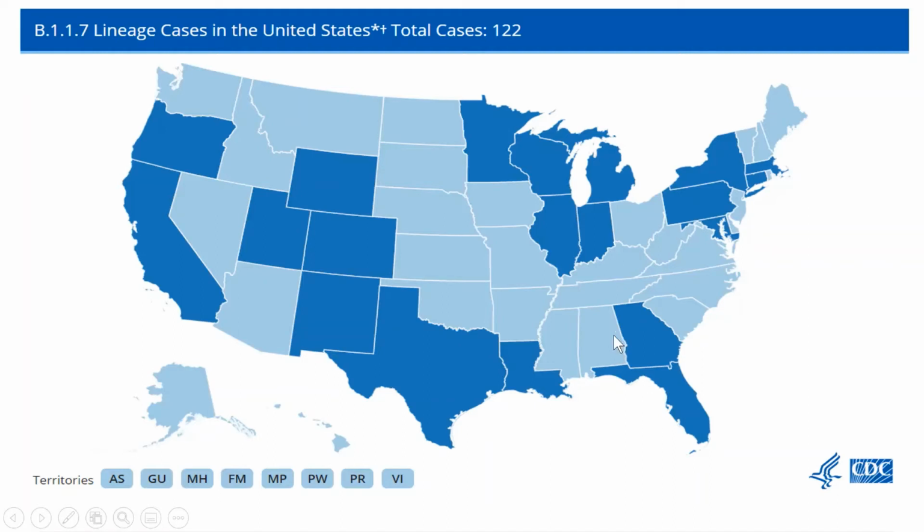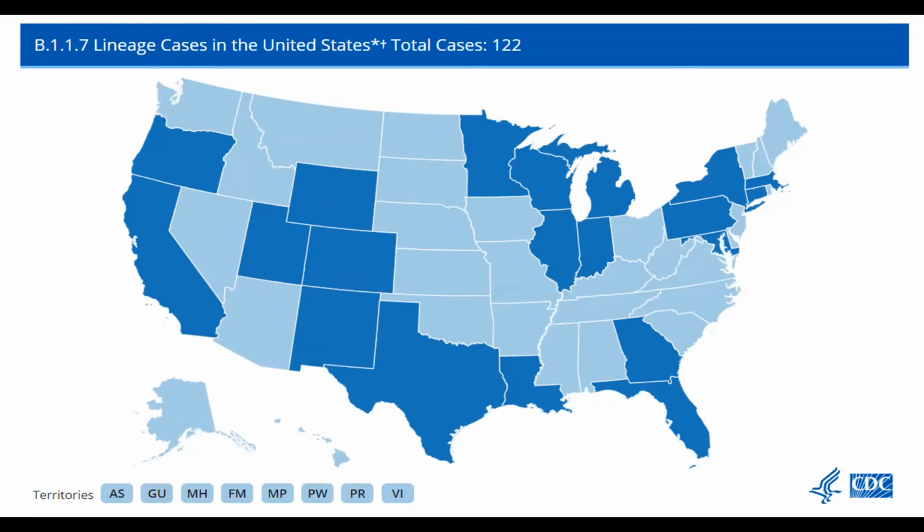And what this B117 does is it doesn't render the vaccine immune, but it's much more virulent. And I'll show you just how much more virulent in a second here with the Ireland example. But that means it spreads much more easily. You got to be much more on top of your measures, and it runs through the population even faster. That, going back to our wave charts, as you bring up more people into hospitalization faster, you fill up that capacity more quickly, you fail to break the curve, you have more fatalities. That's what makes this virus more lethal, not that you're more likely to die just on any chance, but it will fill up the hospitals faster and cause it. So this variant has already made it to the US.